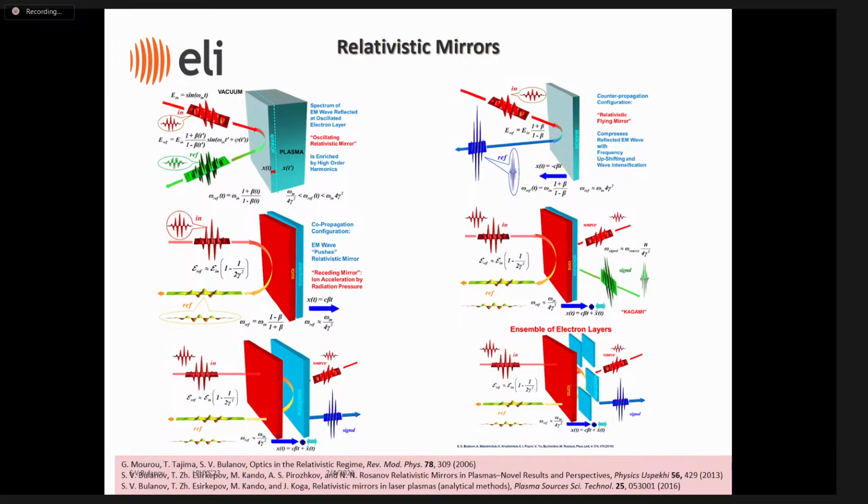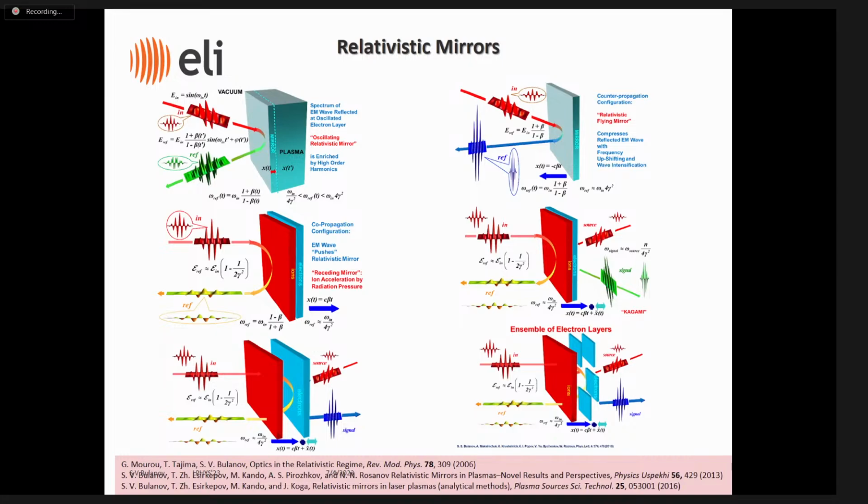Then there is a double-sided relativistic mirror. When we accelerate a thin slab of plasma by one laser pulse and then send a counter-propagating laser pulse, we see frequency upshifting and high-order harmonic generation, but they appear in the form of boosted harmonics. Then the relativistic flying mirror, when we have one slab of